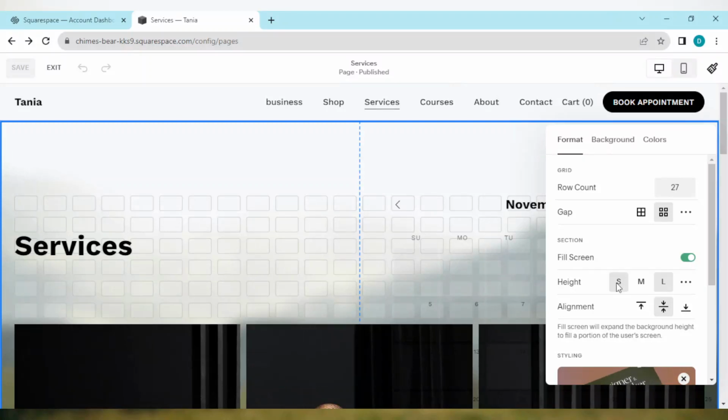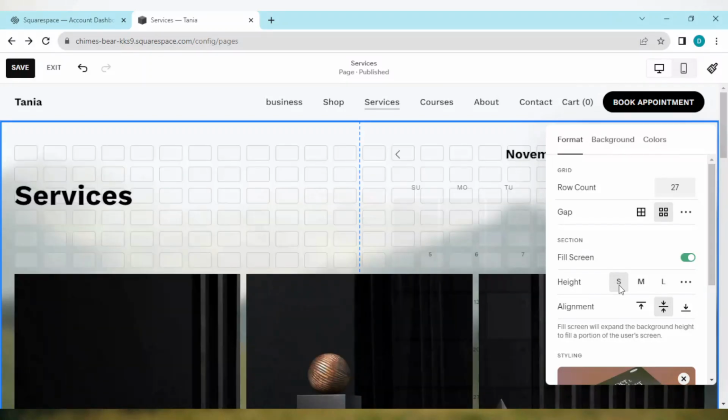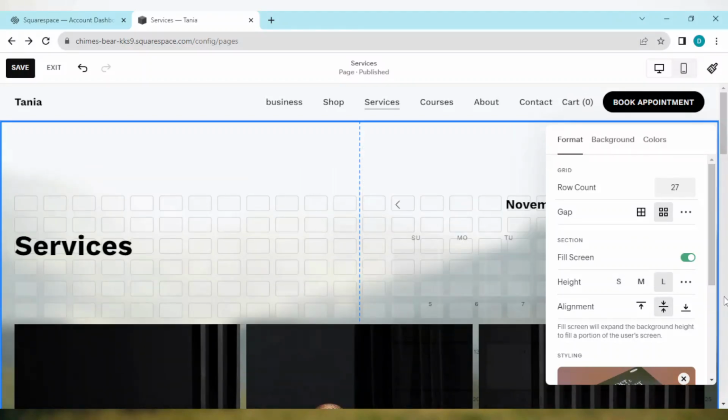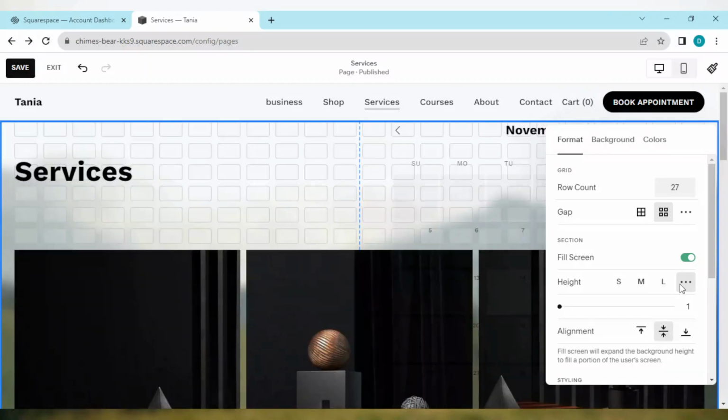Click on height, and then you see small, medium, large. So if you click on small, you'll see that the height would be adjusted. Then if it's medium, you see how it's adjusting and changing. And if it's large, it will be larger as well. But if you want to reduce it manually, you click on the three dots next to this large, and then you would navigate and move with